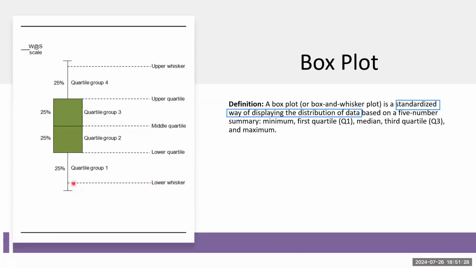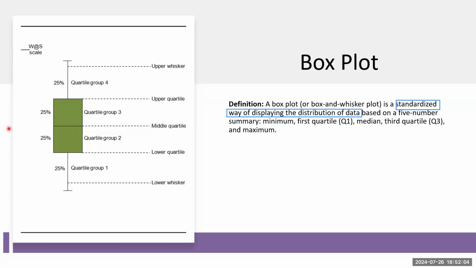If you have a distribution where these lines are very long, it means that some students had very low scores and others had very high scores. But if you have all the students concentrated in the middle like this, and this whisker is very short, like maybe here,